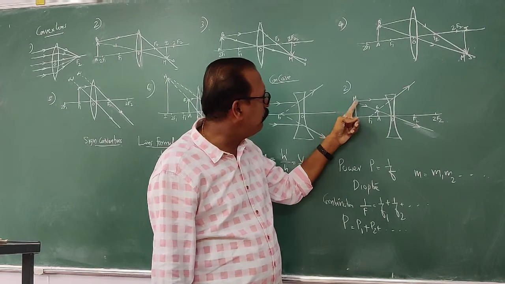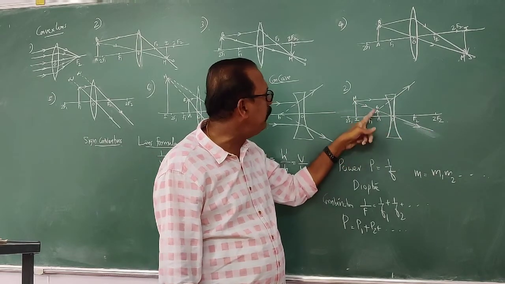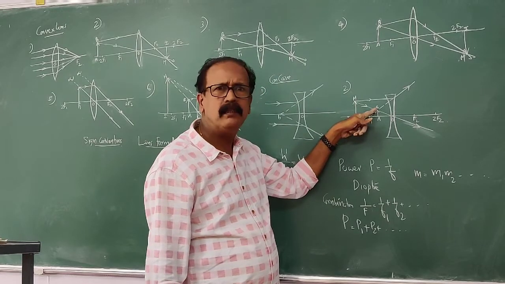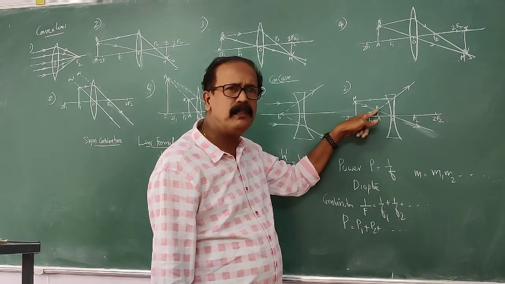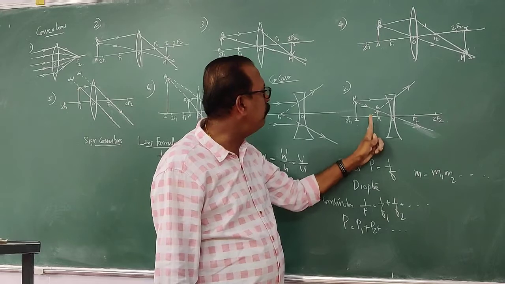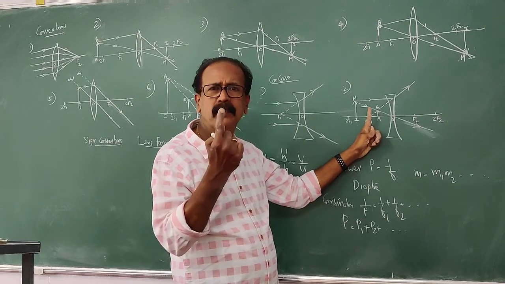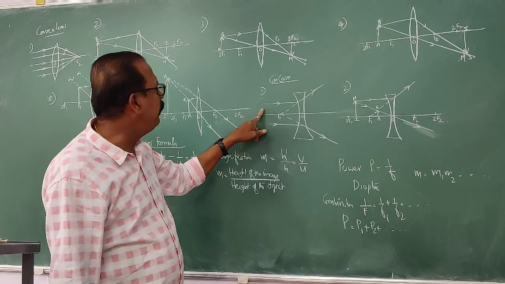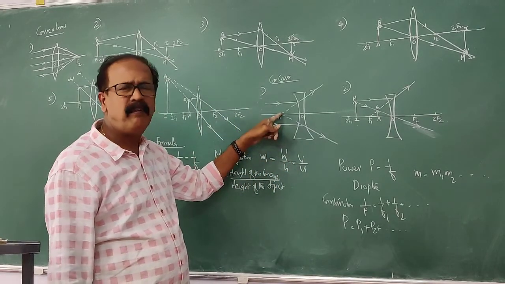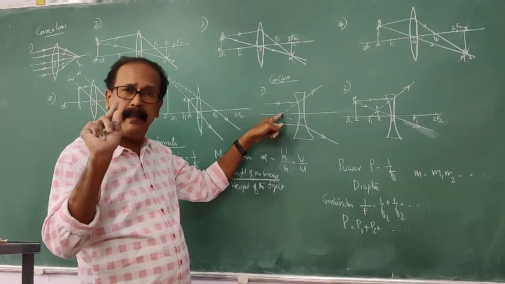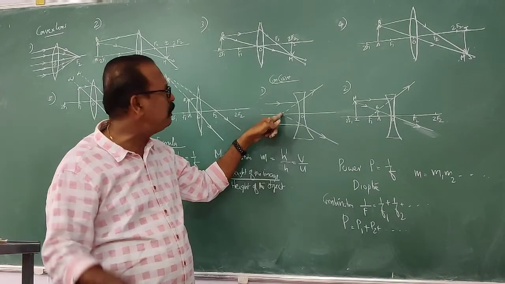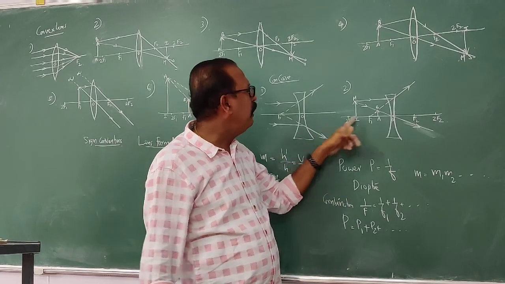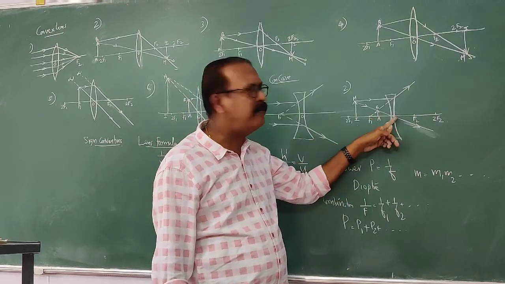A ray passing through the optic center passes straight. There they meet here. That corresponds to the head of the image. B corresponds to the head of the image. So we get an erect image, diminished image, virtual image. So only 2 positions. Object at infinity, image is found at the focus. It's a virtual image, highly diminished image, point-sized image.